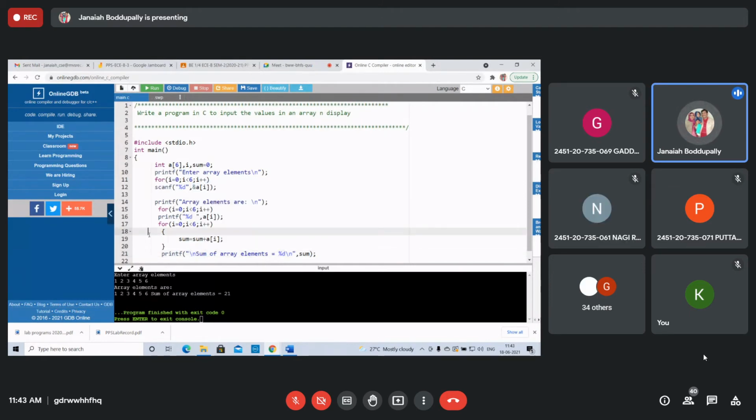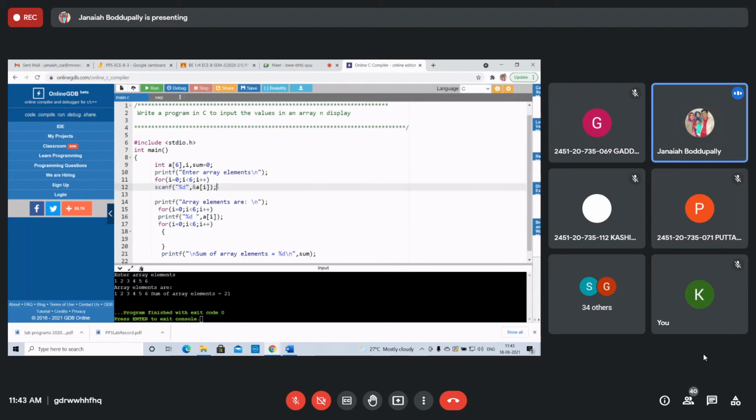Sir, why again for loop? You can write in this only. In this I will write the same. No need to take this for loop. The sum is you write here only.